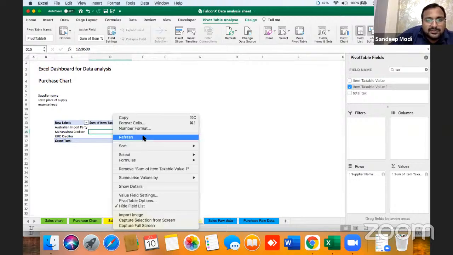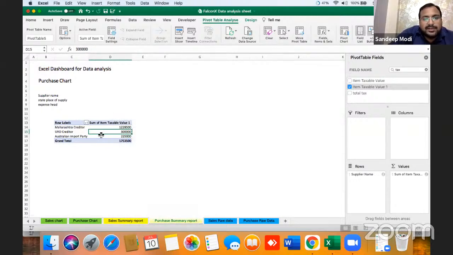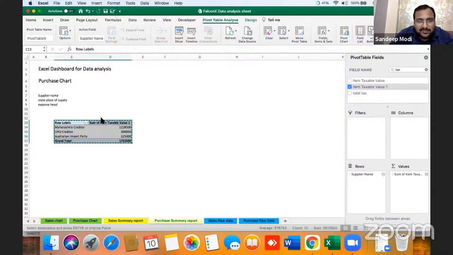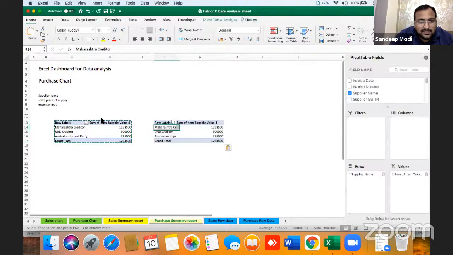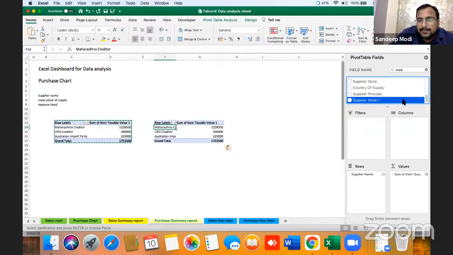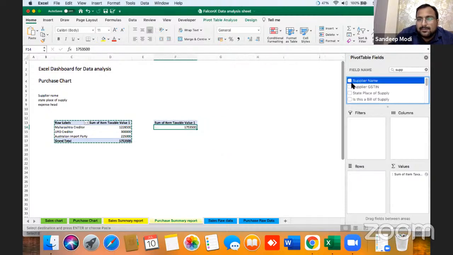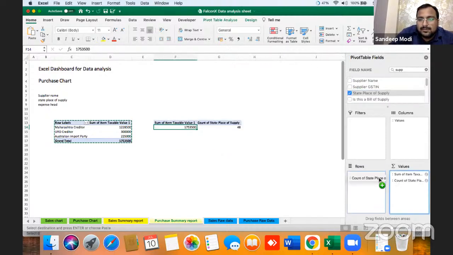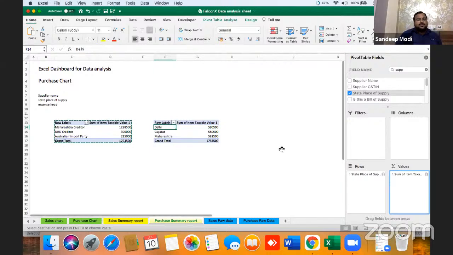This is dummy data, so sorting of the data is important. This was supplier wise. Place of supply wise. Now this is the place of supply wise pivot I have created.